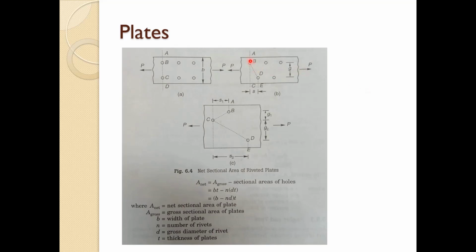Now the net sectional area in the case of zigzag riveting. Here one zigzag riveting is there, and here also one zigzag riveting is there. So the zigzag riveting has been provided in this type of connection. To determine the critical net area, it might seem logical to compute the area along the section ABC, which is the gross area less the area of one rivet hole, and then the area of the section along ABDE, which is the gross area less two rivet holes.